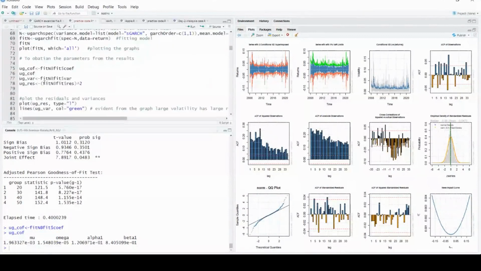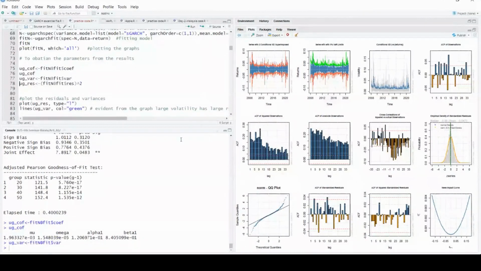Now, somebody was asking how to extract the residuals or the variance of the model. So again the same thing, the model which you have run, fit dollar. Let's say you wanted to extract the variance, so I will write var and here you go.